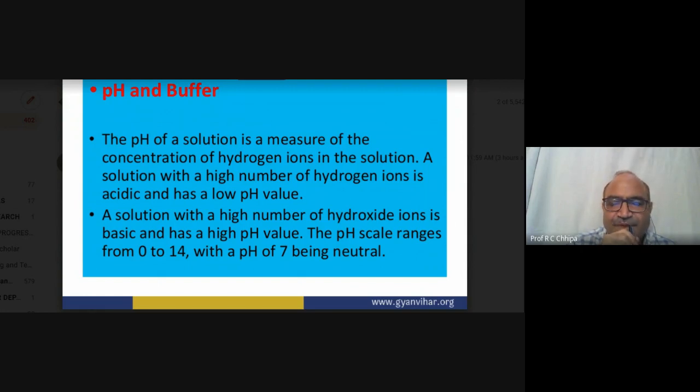With litmus paper, we can check whether the color changes. I think all of you know about it. If the color changes to red, those solutions are acidic in nature. This can be measured, but how much the pH value is can be determined